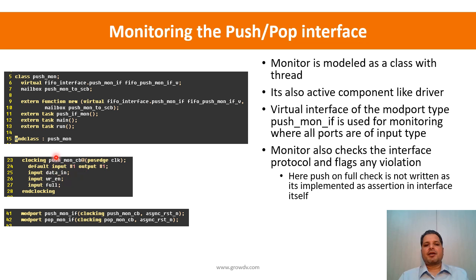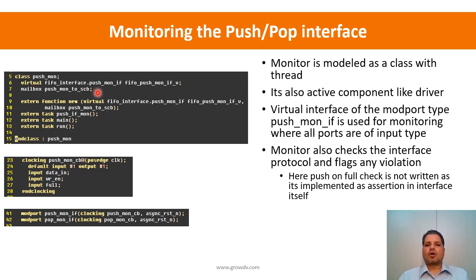So the push monitor interface, as we briefly talked about, is going to take all input ports, right? So it doesn't need any driving capability. And it has this mailbox, and we have the constructor that is defined, which takes the input of the interface as well as the mailbox. And then we already saw the functionality of push interface monitor task, how it waits for the write enable to get asserted, and thereon samples the interface and puts it into a transaction